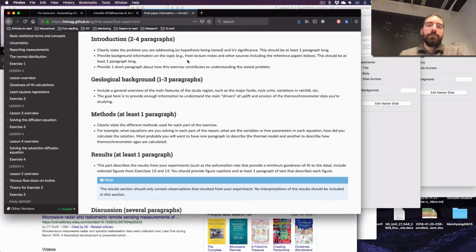And then, give a little bit of background about the topic in general. And then there's a section on geological background. So I think I've got links to at least 5 or 6 articles that you can look over to get some